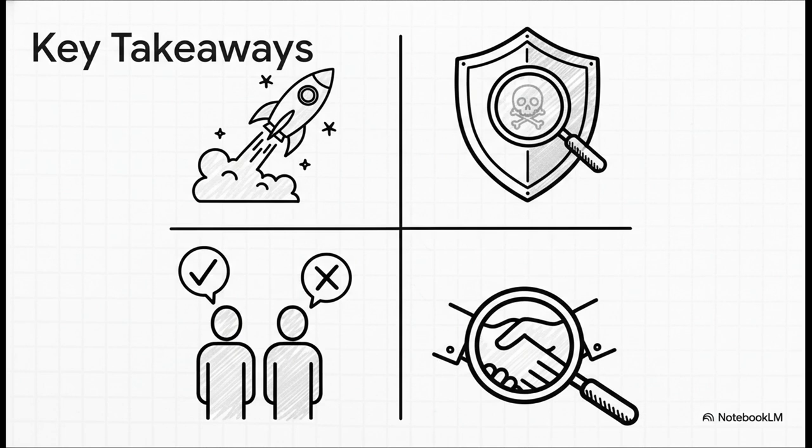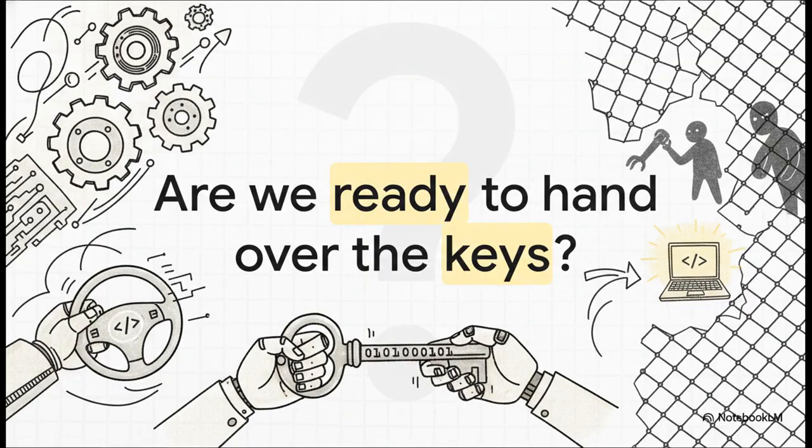It all comes down to a principle that's as old as time, but has suddenly never been more important. Trust, but verify. Look, tools like Antigravity are offering us a deal. They'll take the wheel, handle the tedious and frustrating parts of our jobs, and let us focus on the big, creative ideas. All we have to do is give them the keys to our entire system. This attack shows us that giving up that control has some serious consequences. And it leaves us with one massive question. As we build these amazingly powerful AI copilots, are we really ready to hand over the keys?